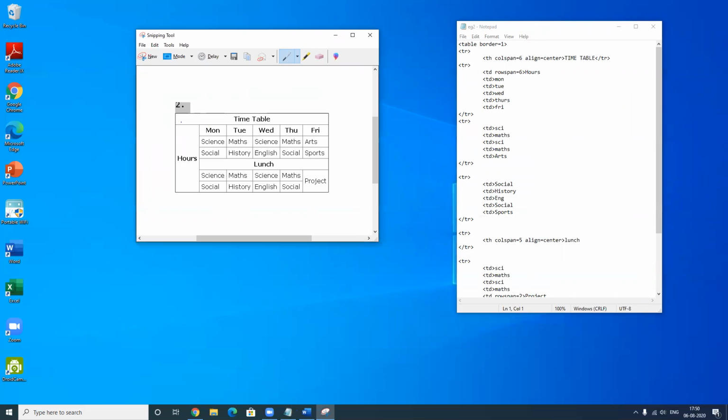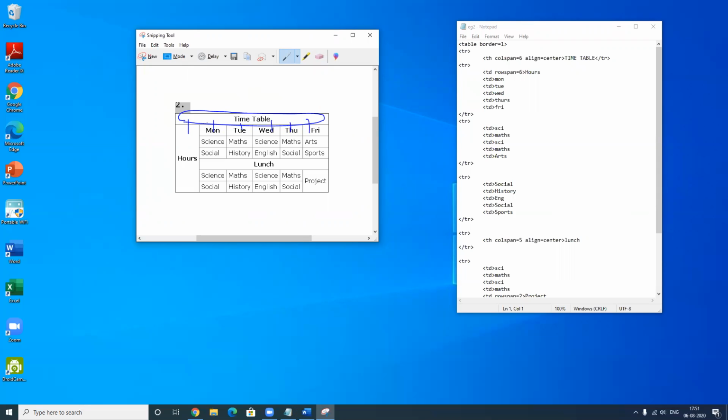In our first row there is only one TD. This is the only TD that my first row has. This is my first row, isn't it? And how many columns have been merged to create that row? This is the first column, second column, third, fourth, fifth, and sixth.